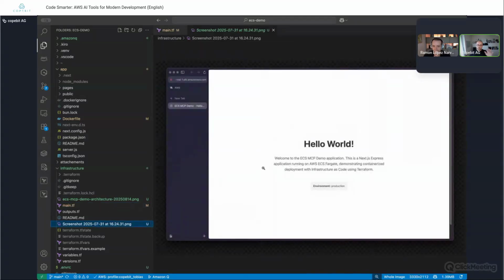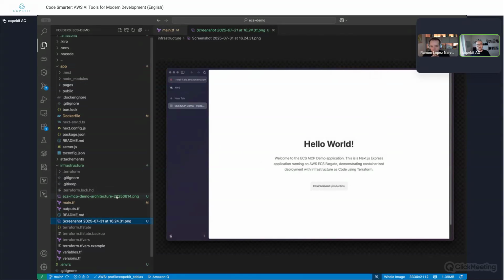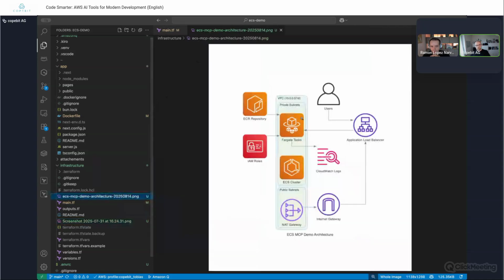Very, very simple, small hello world, and some infrastructure code to run it on ECS. Now, I also did a small diagram here with the diagramming server. It's a very simple application, but I purposefully planted an error in there, which we now try to resolve using